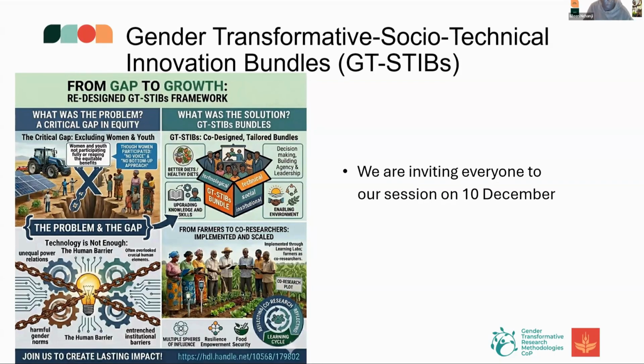We're talking of marginalized groups as well. And so what we did was we worked with communities to be able to develop bundles that actually work for them, that fit into the social realities where they are and the experiences that they have. And we are seeing good products coming from that. Farmers are actually co-designers, co-researchers,